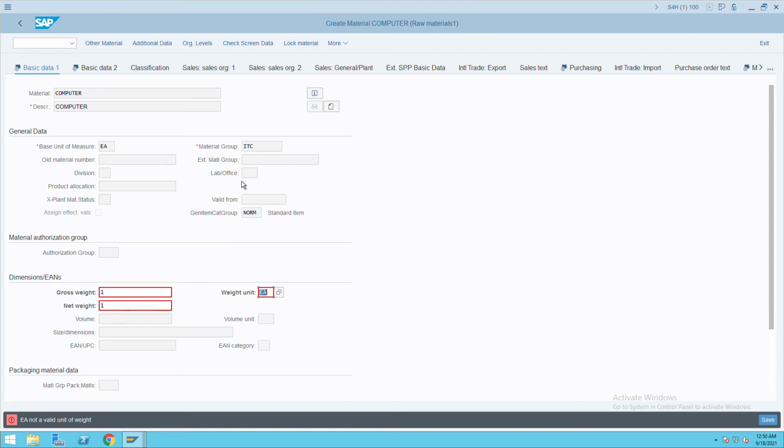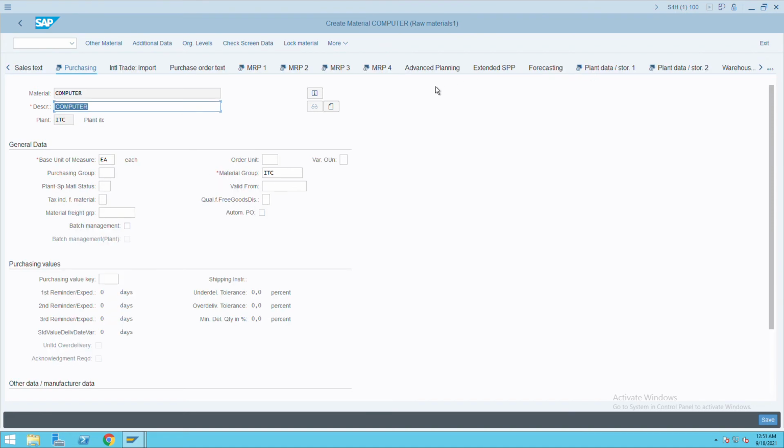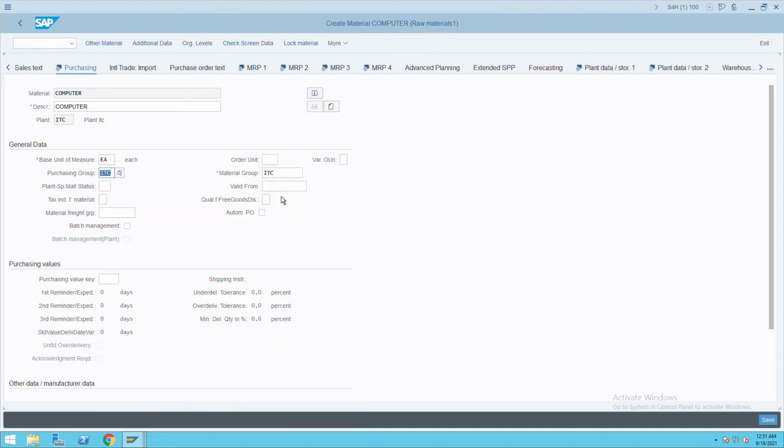Then what we can do is delete, press enter. Okay, now we'll go to basic data 2. Under basic data 2, check for your computer and description, and check this checkbox. No link checkbox is selected, and we'll go to purchasing. Click on purchasing. Under purchasing, make sure that you give the purchase organization group also here, ITC, and here ITC